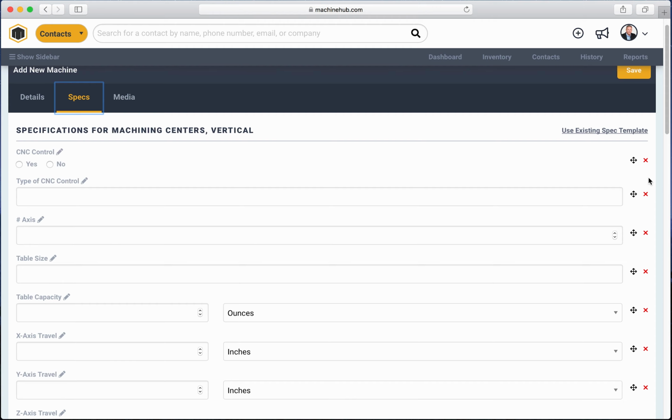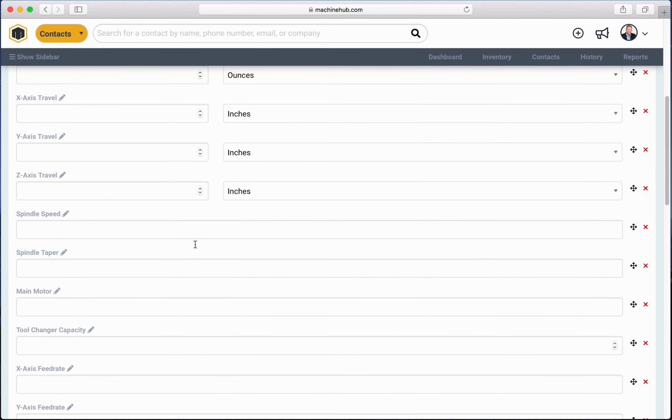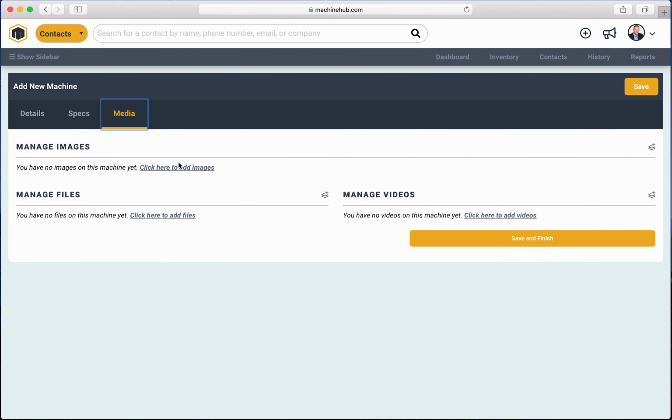You could run through all the specs. If you don't like any of the specs, you could X them out. You could change the order as we've discussed. And then you could add in additional information at the bottom. And then you can also upload your images. Adding images is really simple. You just click add images and then drag and drop like you would in any other program. Once you save and finish,